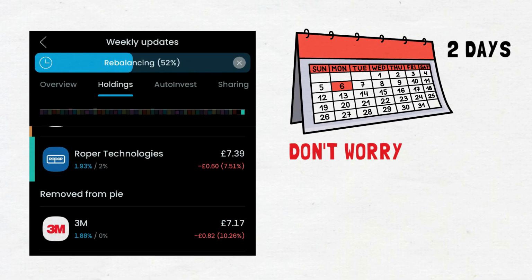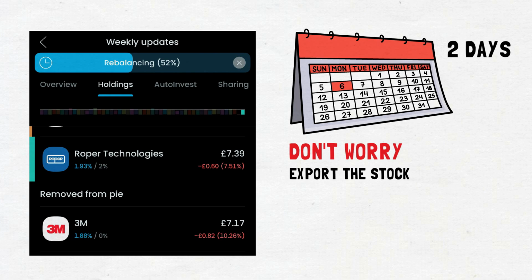Once all that goes through, you're done and it's all taken care of, and you can follow along with the pie as normal and along with everyone else. But there's another problem. What if you want to remove it from the pie and follow along with the pie, but you don't want to sell it for whatever reason and want to keep it alongside the pie as an individual holding? There is another option, and that's to export the stock that will be removed and hold it separately